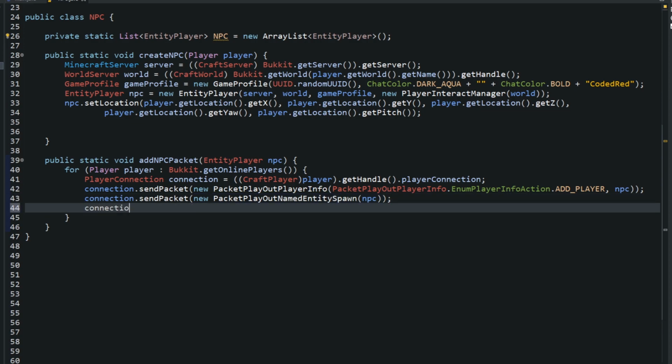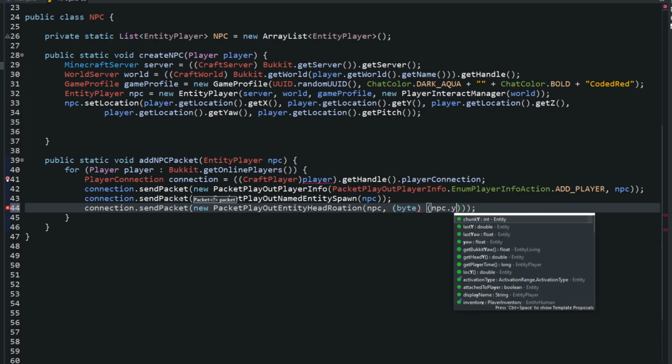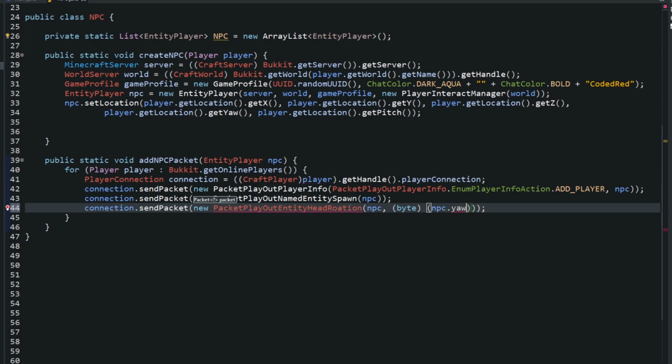And then the last packet is connection.sendPacket(new PacketPlayOutEntityHeadRotation. And this is really important. With the NPC, we're going to fix this guy's head. We're going to turn this head data into byte data. To do that, it'd be npc.yaw, and we're going to have to times it by 256 and then divide it by 360. And then import that.